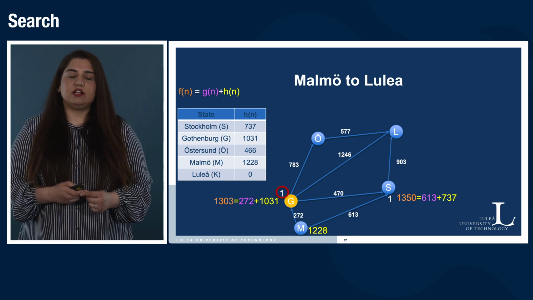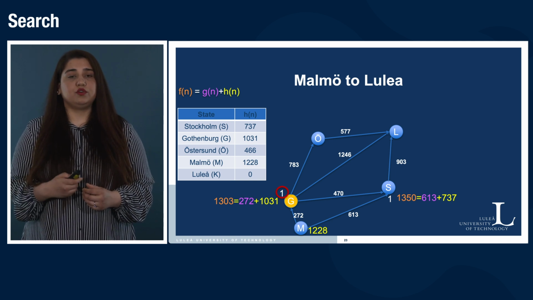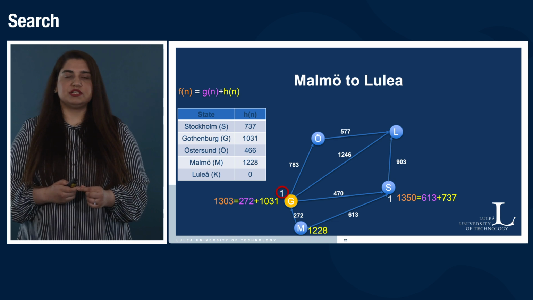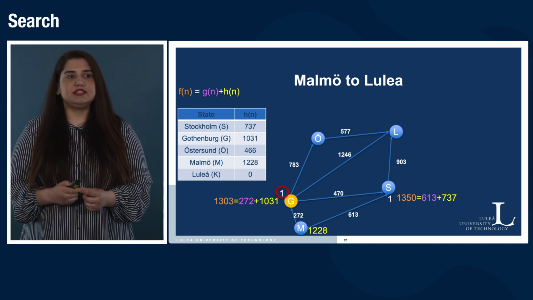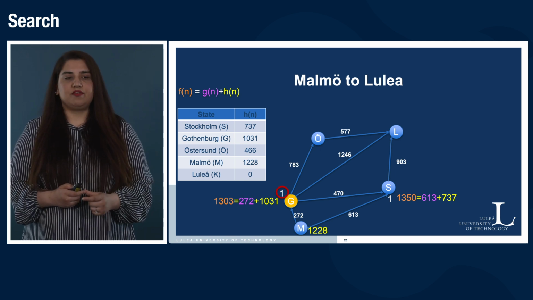So in order to calculate how much the cost will be if we take a path to Luleå from Stockholm, we will first add the 613 cost, which is our g of n, and we will add 737, which is the heuristic value to reach from Stockholm, and our final cost will be